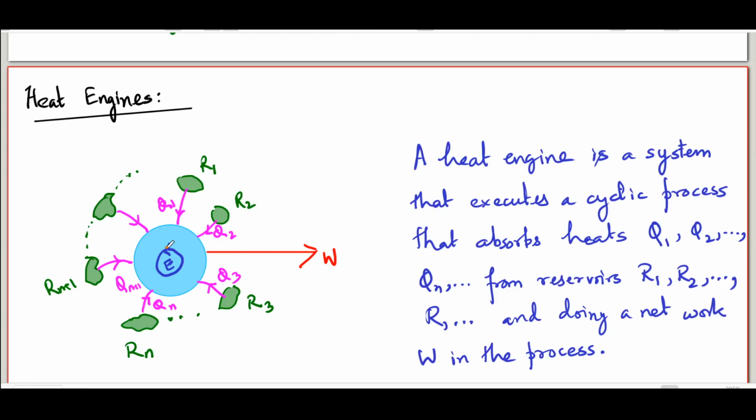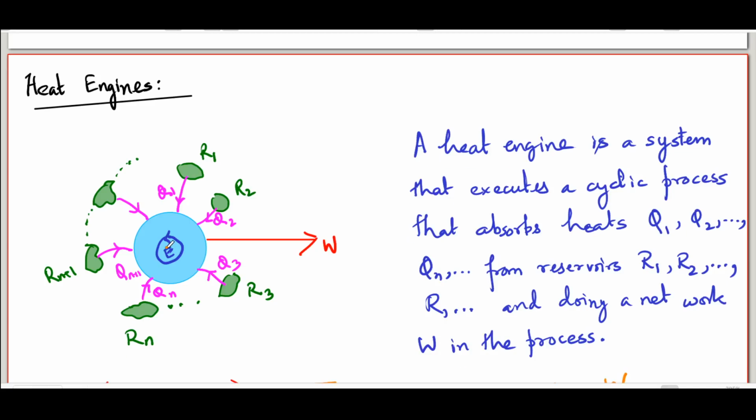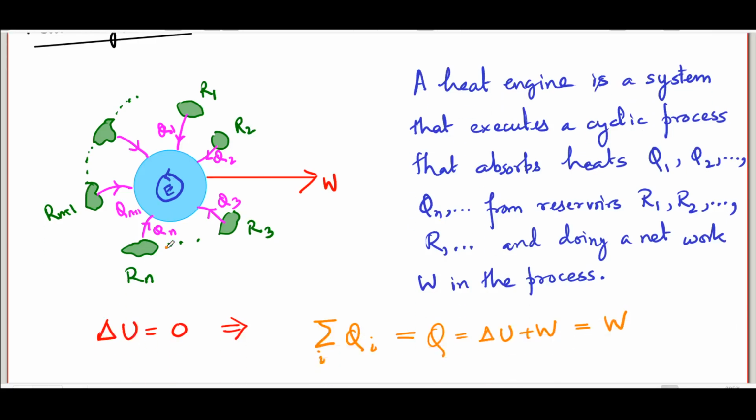What that means is that it is back to its original state at the end of one cycle. And since internal energy is a state function, it must come back to its original value. Therefore, delta U has to be 0 for the engine itself. And as a result, the first law of thermodynamics tells us that if you add together all the Qi's, Q1,